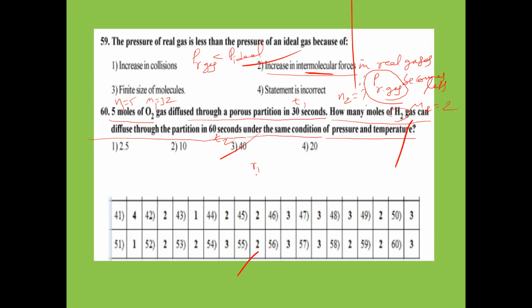So what is the formula here? R1 by R2 equals the square root of M2 by M1. R1 is equal to the number of moles of the first gas by the time of the first gas. So we have to substitute this. R2 is equal to